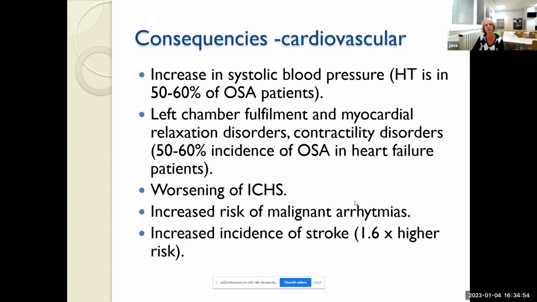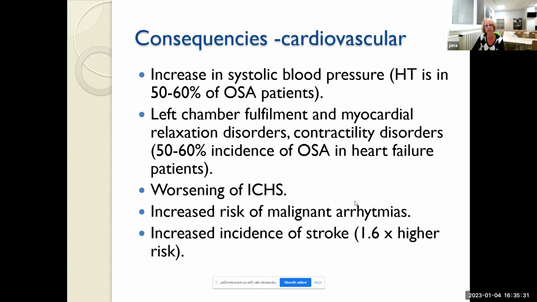So it is the first risk factor for having high blood pressure during the day if you have sleep apnea. Then also left chamber filling and myocardial relaxation disorders matter to us, because they can also trigger contractility disorders, and of course OSA can play quite a great role in heart failure patients. It is a worsening factor for ischemic